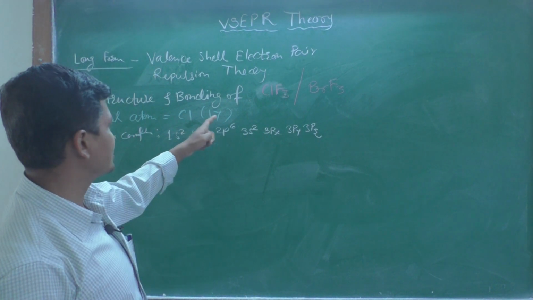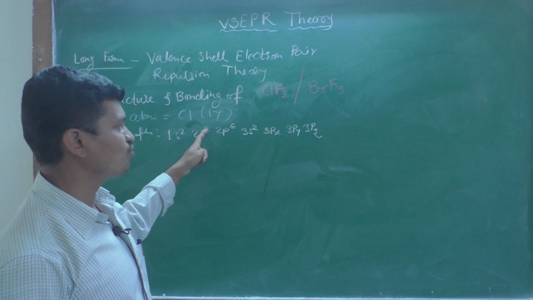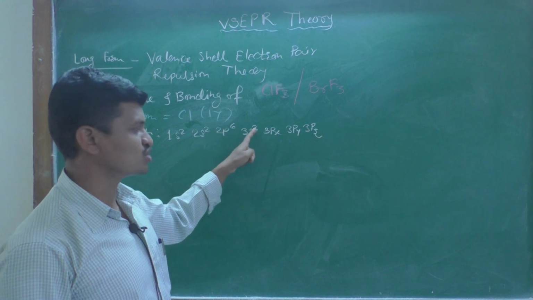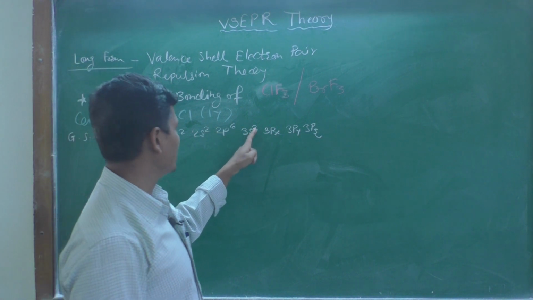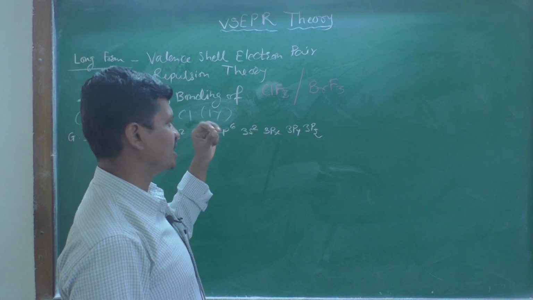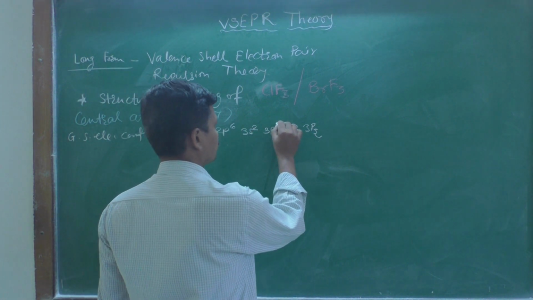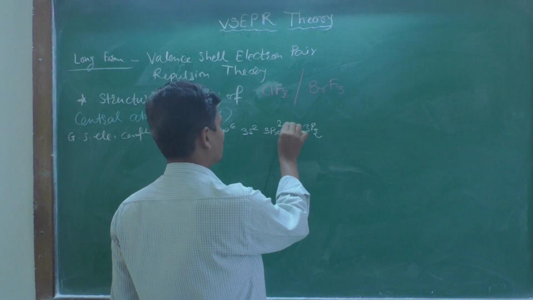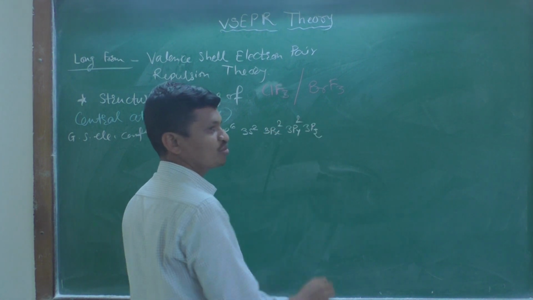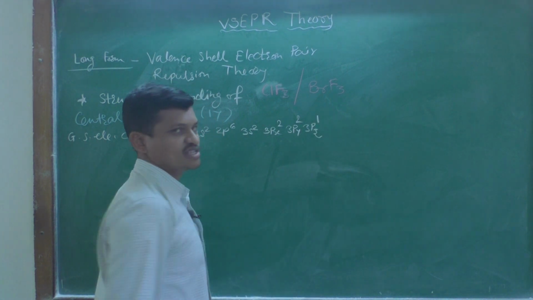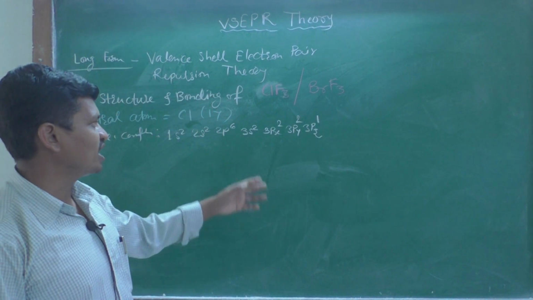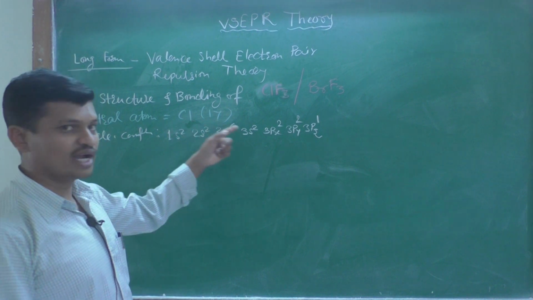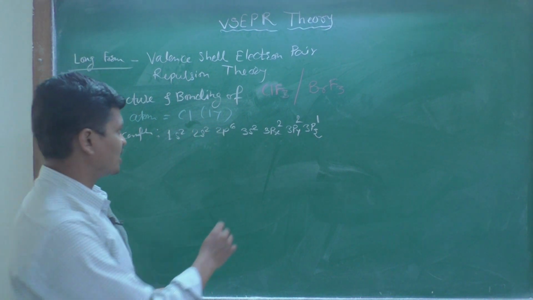Okay, so as there are 17 electrons, 2 plus 2, 4 plus 6, 10 plus 2, 12. Now 5 electrons are remaining. So we have 3 equivalent energy orbitals. So put 2 electrons in 2px, 2 electrons in 2py and 1 electron in 2pz. So the valence shell of the central chlorine atom is having